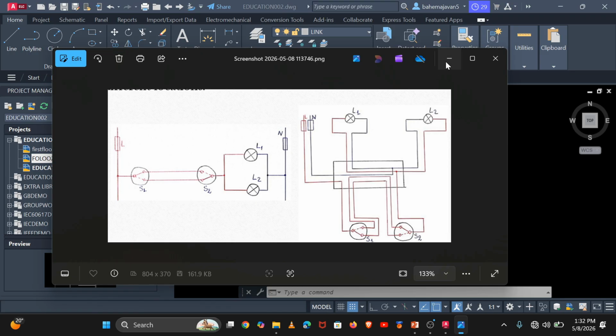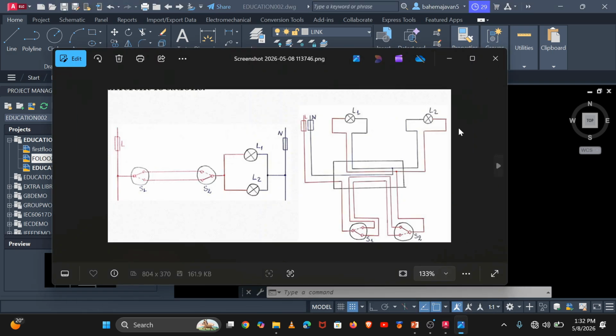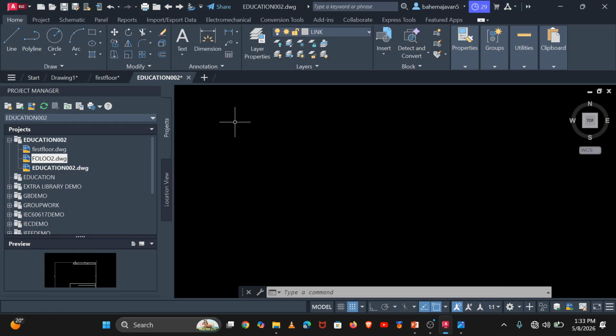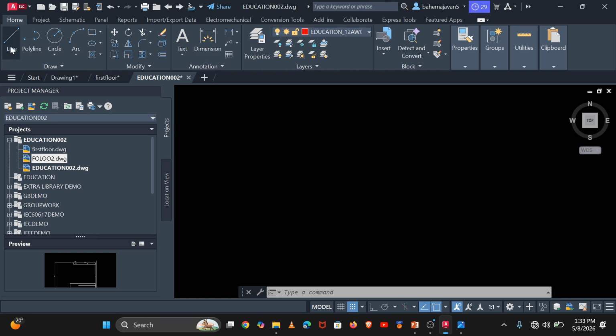So let us continue on the same drawing. Let us just pan a little bit. So we hide this and we see how we can draw it. We will need a lead wire, and this lead wire will be like this. We come here in the layers and choose the lead wire. I have shown the way we create this lead wire, and we are using line, we are not using wire for right now. If you are going to use wire, I will also explain it in the coming videos about this electrical CAD. So by default, you just click on this, AWG, and then